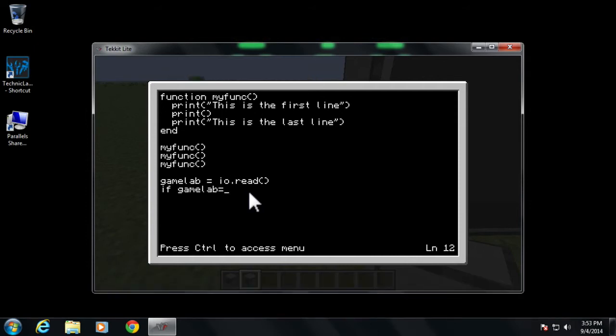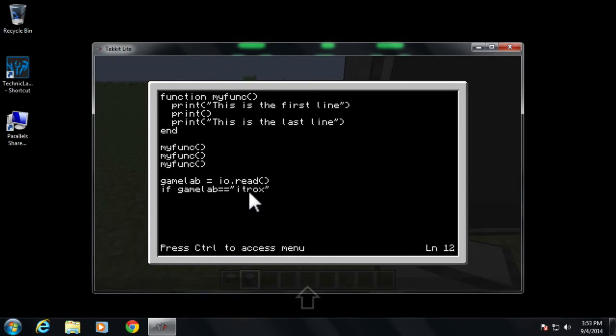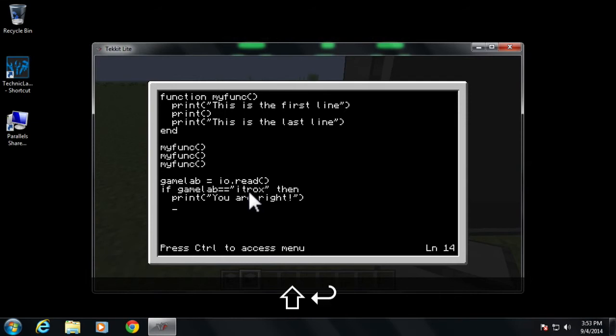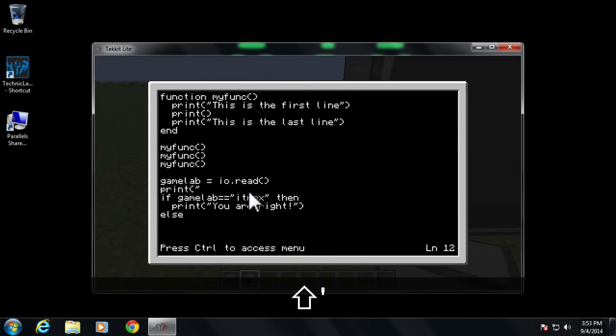You cannot put this. I want to see if GameLab equals it rocks. Then, if I put it like that, I'm going to use tab, print, you are right. And we're going to put an else in: if GameLab is not it rocks, let me put a question there. What do you think about the 040 in GameLab? If GameLab equals it rocks, then print you are right, else tab print